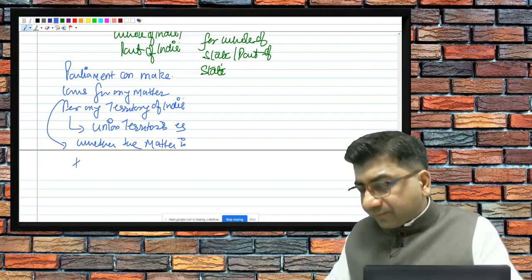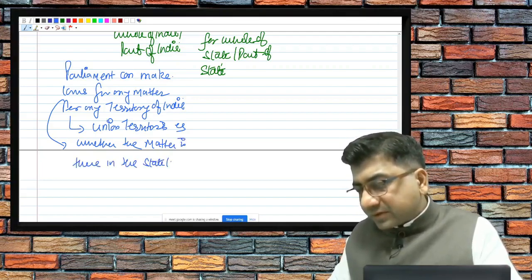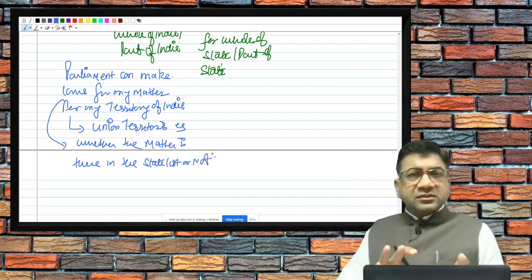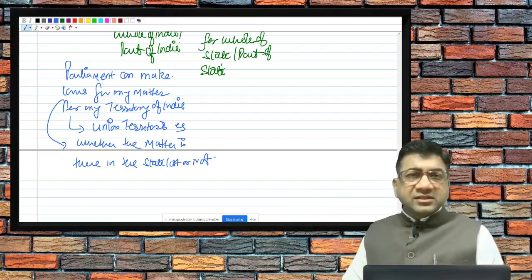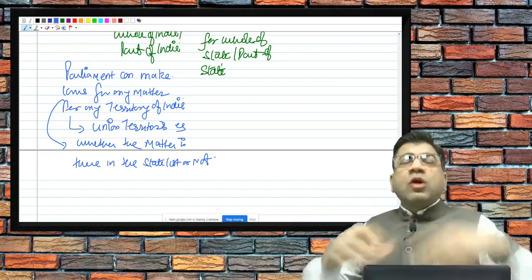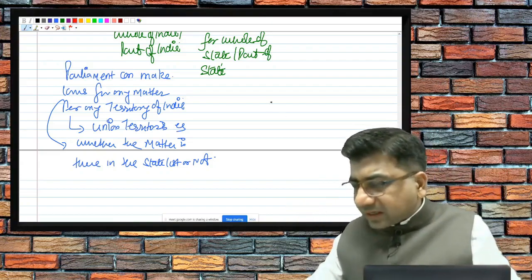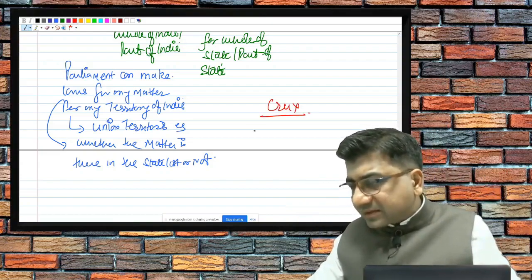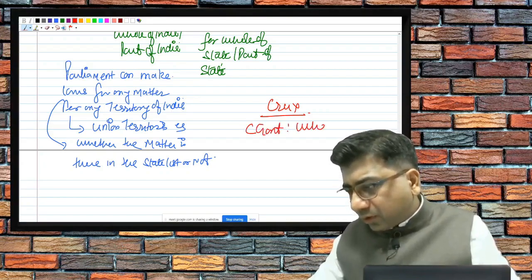is there in the state list or not. So all the items of the union list and all the items of the state list, for union territory, the central government can make law. The crux of the matter is central government can make laws for whole of India